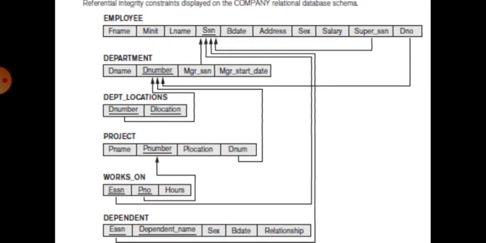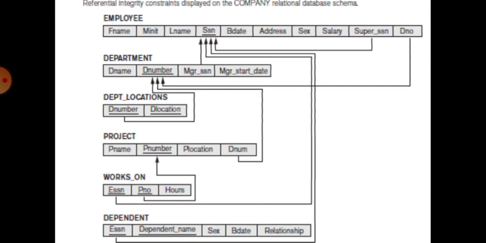You can find here that SSN is the primary key of employee and it is going to be a foreign key as Super SSN and as ESSN in other relations. Similarly, D number is a primary key in department and it is going to be a foreign key as DNO in employee.